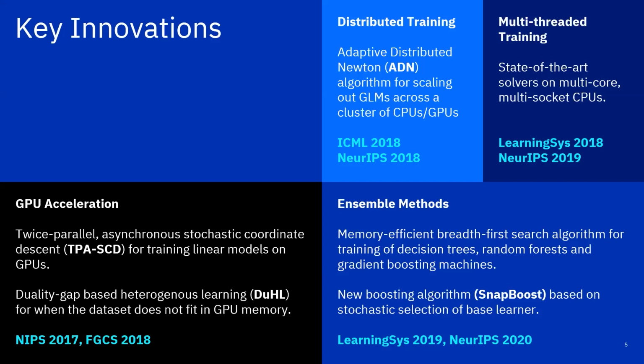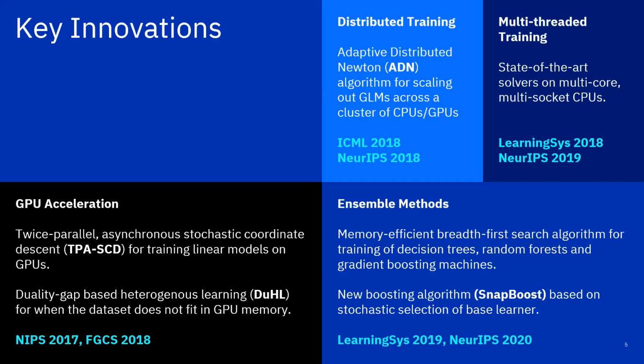After that, we started thinking a bit about what if you don't have GPUs? What if you're in the cloud and you don't want to spend a lot of money on a GPU-based instance? How can we exploit modern multi-core and even multi-socket CPUs in an effective way? So that was some of the research we were doing in 2018, 2019. I'm going to show you some results with that shortly. Again, the idea is how can we train generalized linear models as well as other models very fast on modern